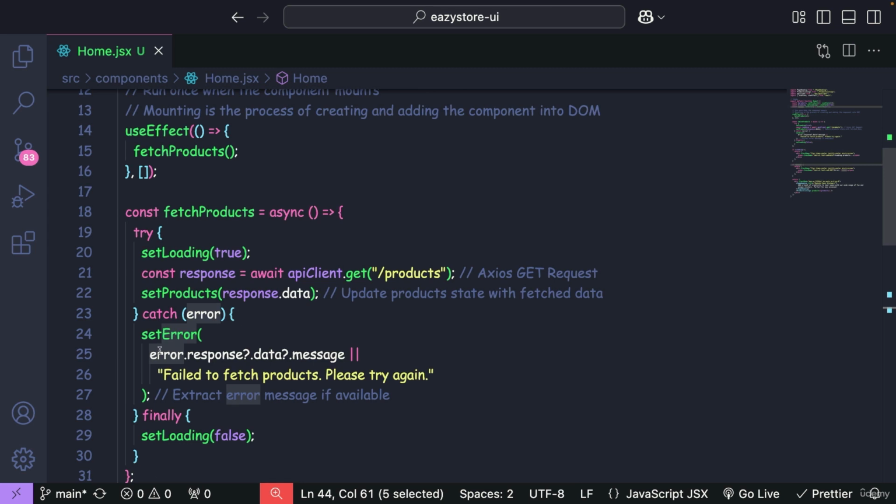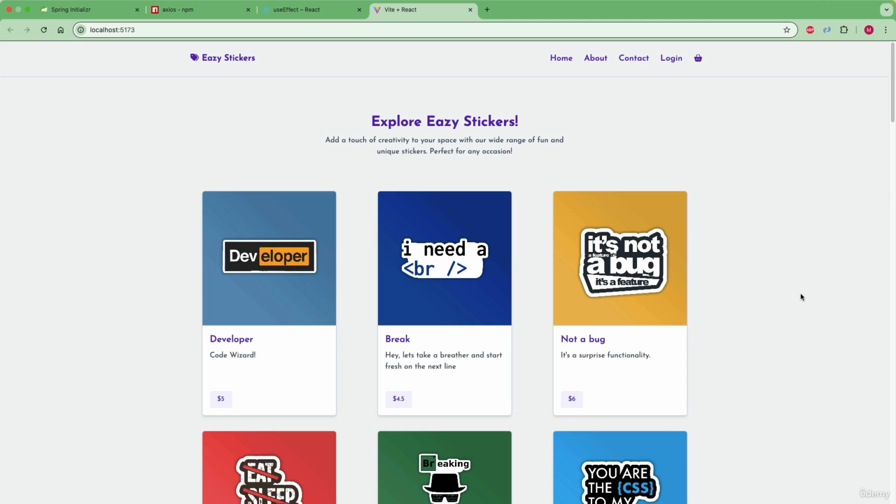The error variable we have updated inside the catch block. This is a very good optimization that we have done to our homepage. Let's save this file and try to test the scenario one more time in the browser. Here, if I try to refresh this page, for a very fraction of seconds, you will be able to see